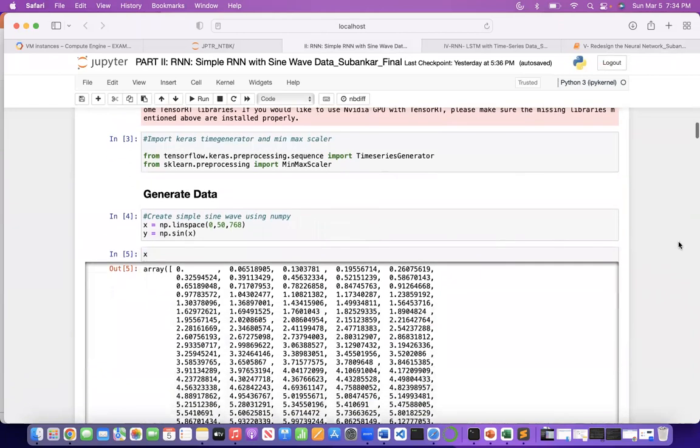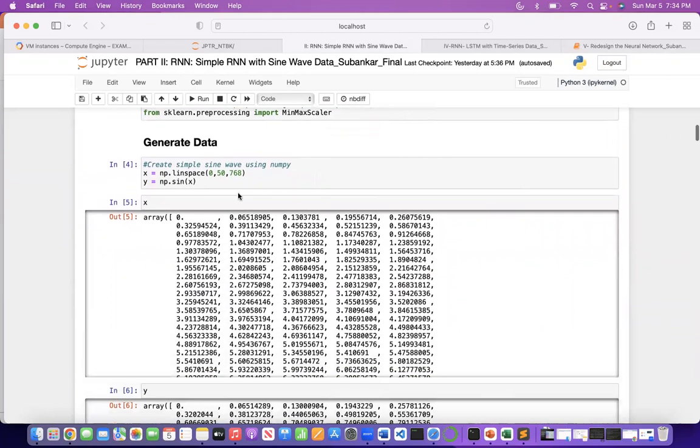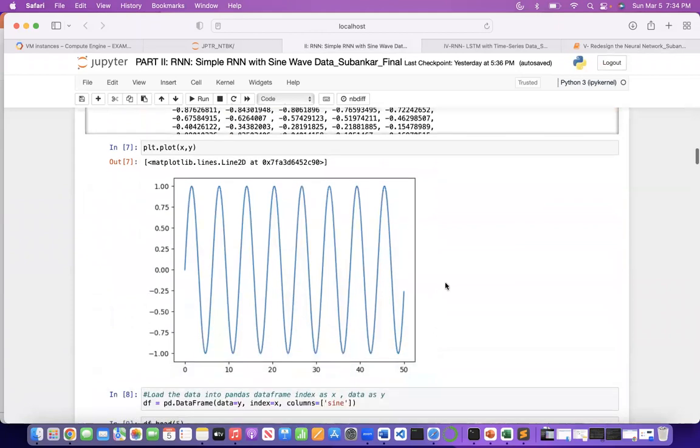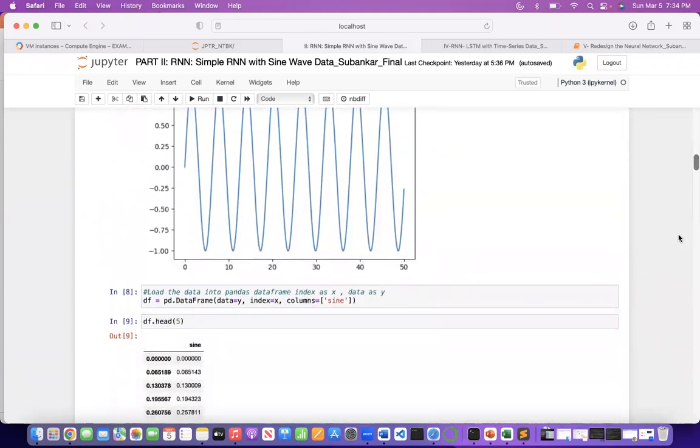Here I have generated a simple sine wave using NumPy, x and y axis. This is the plot that we have taken, and here the data has been loaded into the data frame,